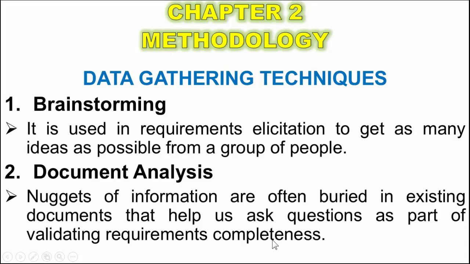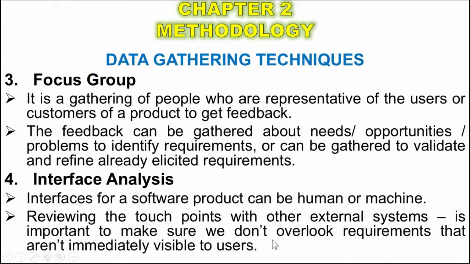Nuggets of information are often buried in existing documents that help us ask questions as part of the validating requirements completeness. Number 3, focus group. It is a gathering of people who are representative of the users or customers of a product to get feedback. The feedback can be gathered about needs, opportunities, problems, to identify requirements, or can be gathered to validate and refine already elicited